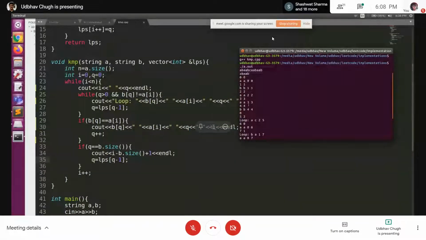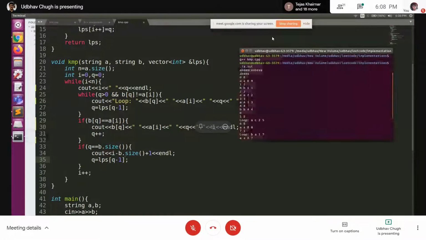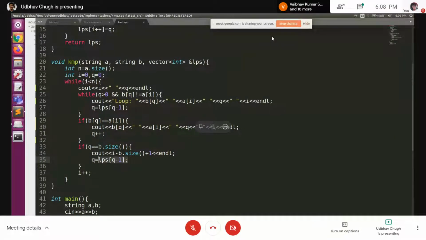So we go to the LPS value of the previous index and see, I am not doing +1 here since indexing starts from 0. So since indexing is starting from 0, the count is actually giving me just the next index which I have to check now. If the indexing would have been starting from 1, I actually would have to do +1. Basically, I have to skip these many characters. Whatever is the LPS value, I have to skip those many characters since I already know those characters will match for sure